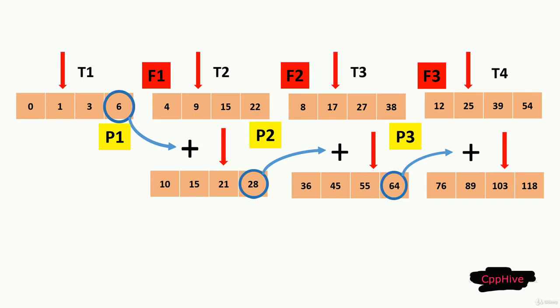Notice there's no need for thread 1 to have a future since it processed the first block, and also there's no need for the final thread to have a promise since it processed the final block. Keep in mind these facts as well, since we are going to add some logic to handle these boundary conditions in the implementation. Okay, now we know the basic steps we have to perform in this approach. So let's jump into implementing this.